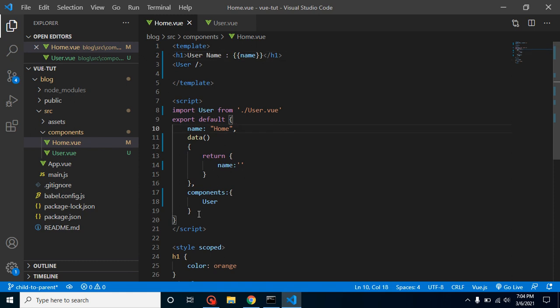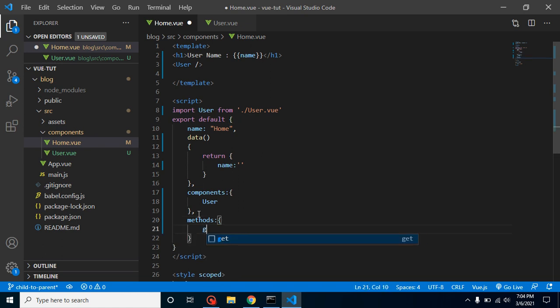So now what we need to do is pass a function from parent component to child component. So just define a method inside our methods property, getUsername, and we can put any function name inside it, with a parameter name, and we can simply alert the name.